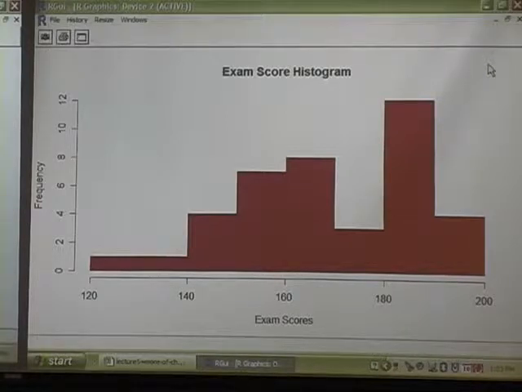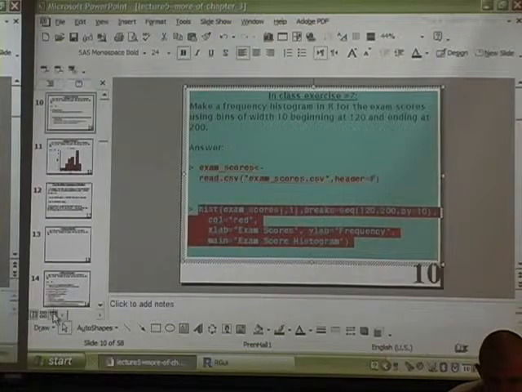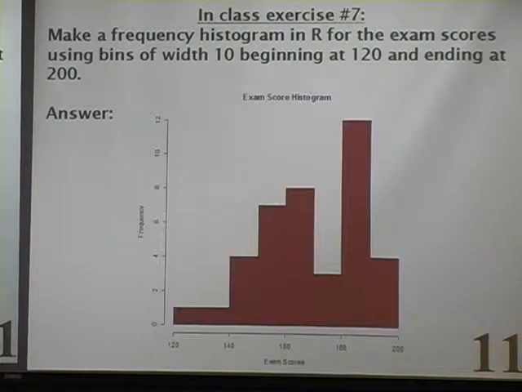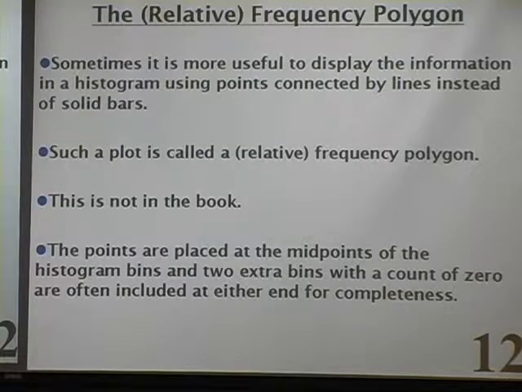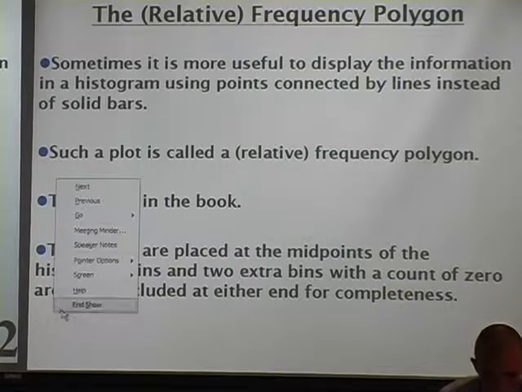But it's quite possible it's real, and if you had a whole lot of data, then you could be more confident that it was real. So that was the histogram. Then we said sometimes you don't want to make these solid bars. You want to make just points and connect them by lines, and obviously you can display the same information as the histogram with points connected by lines, and we said that was called a frequency polygon or a relative frequency